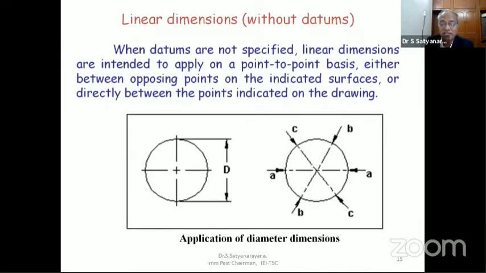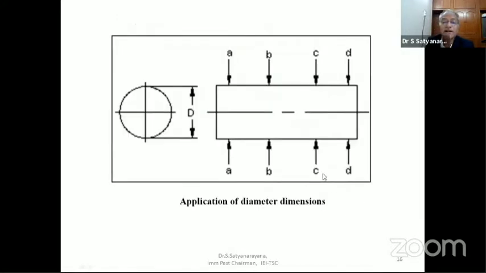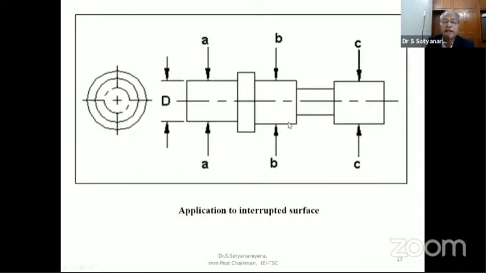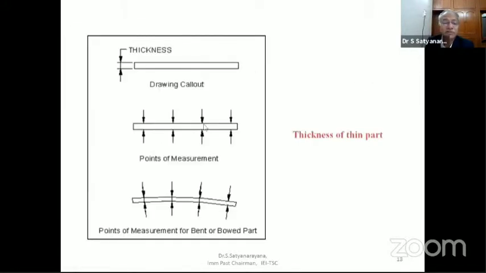And when dimensions are given, they are generally on the opposite lines, passing through the central line. And these are generally measured perpendicular to the central line. And there are some interruptions. Though there are interruptions, when D is given, it applies here, here, and here. If there is a very wide gap, it is better to again give the same dimension here also. And in some components, like sheet metal parts, the dimensions are given here, and the measurements are made perpendicular to the central line.